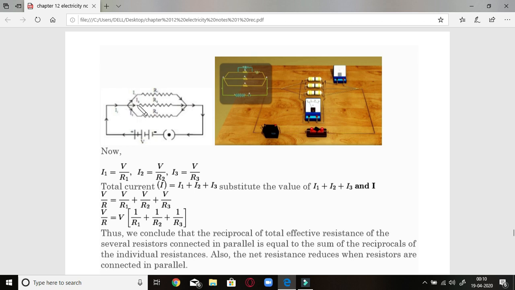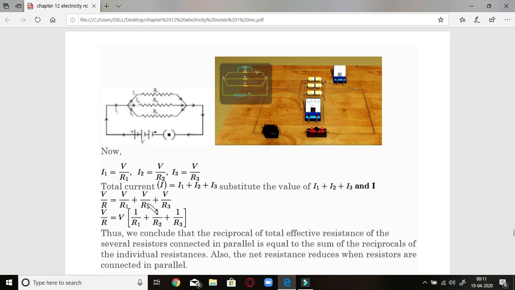Okay, so current will be totally different, but students, you know, their potential difference is always same, that does not change. Therefore we will start with the equation with the quantity which is different, that is I1 is V by R1, I2 is V by R2 and I3 will be V by R3, and we sum it up, I1 plus I2 plus I3, that will come out to be I in this case. Okay, so this is different from that of the series arrangement.